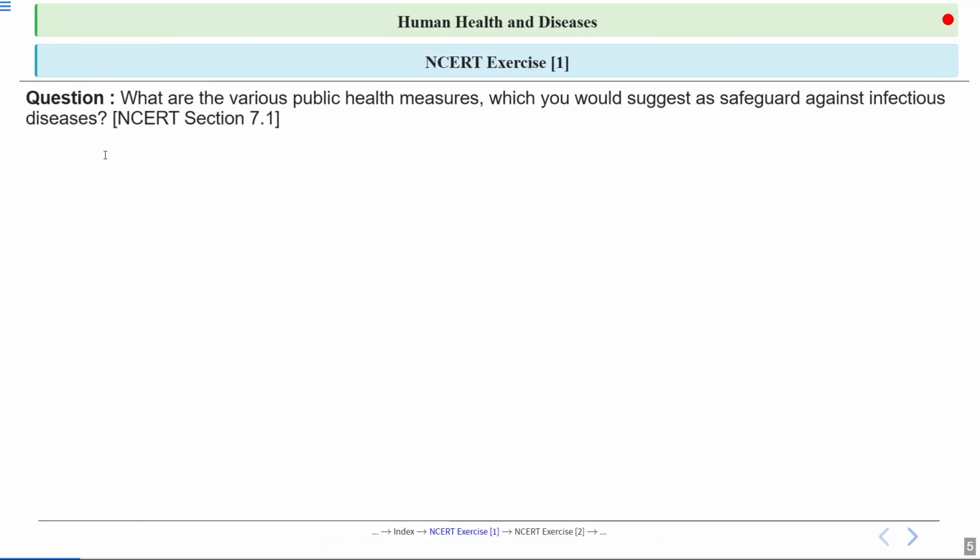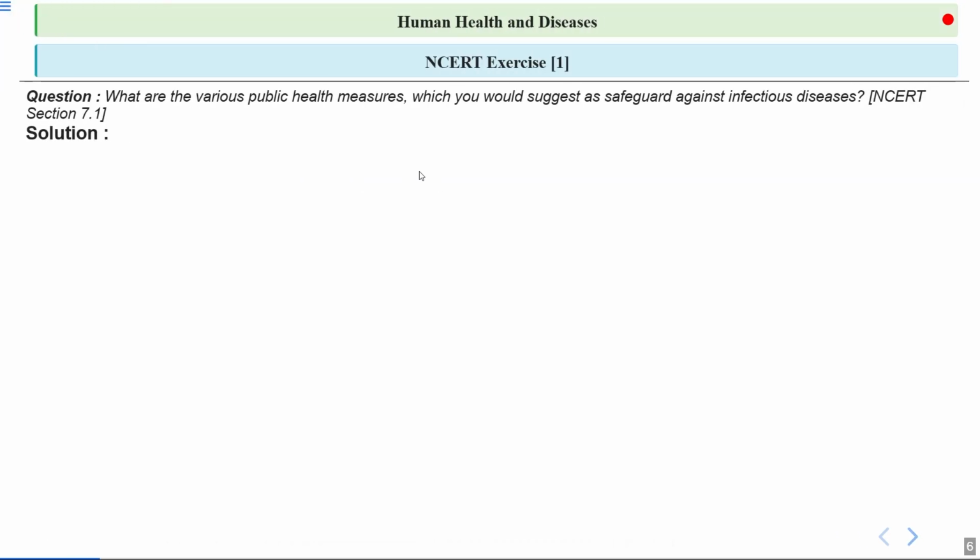So let's discuss this question. What are the various public health measures which you would suggest as safeguard against infectious diseases? For more information, you can read NCERT section 7.1. So let's have a look at the answer. Okay, so various safeguards that can prevent infectious disease can be,